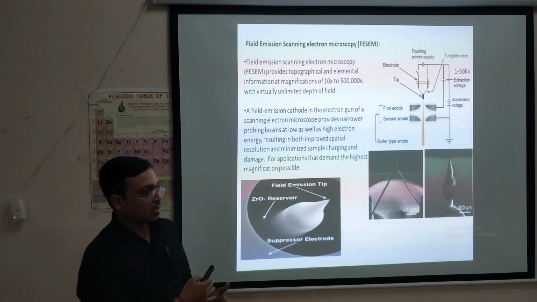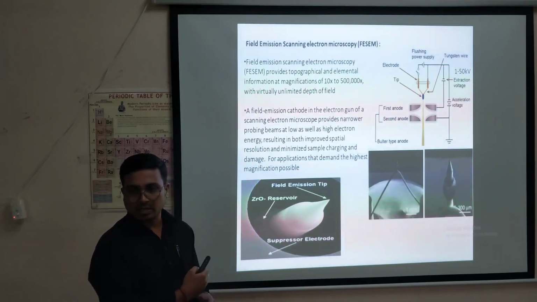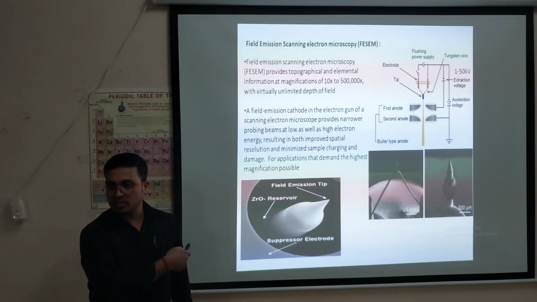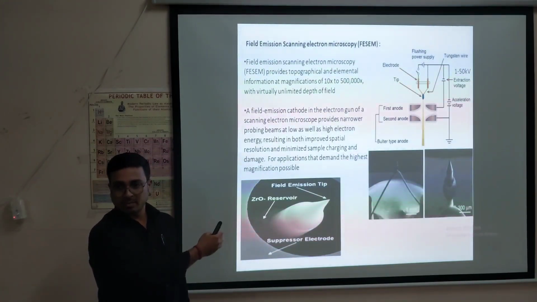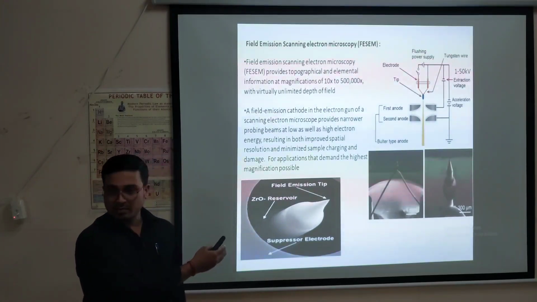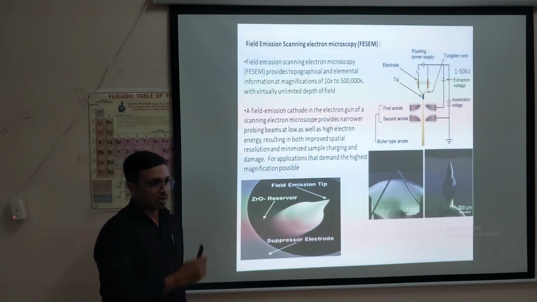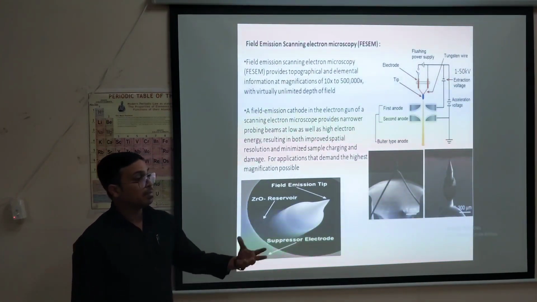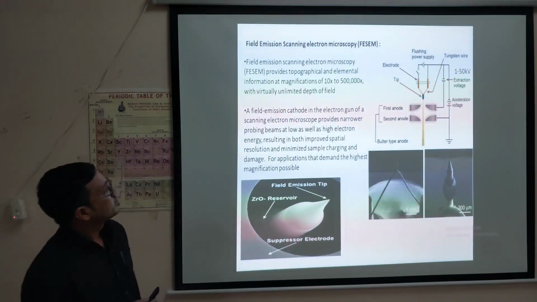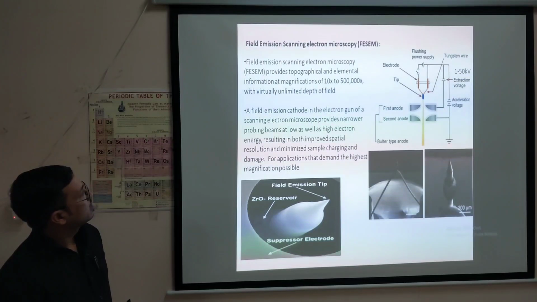I will show an image of a FESEM compared to your SEM. In the previous slide also I have given pictures of SEM and FESEM: the field emission image, the lanthanum hexaboride image and the tungsten image. And those filaments are used in SEM or FESEM. Okay, these are cathode guns.